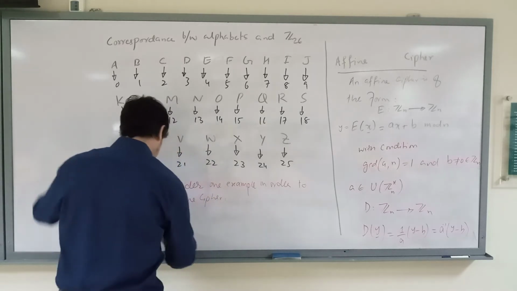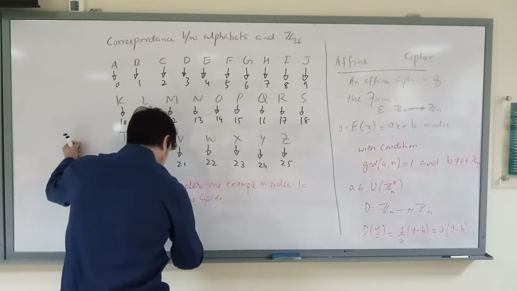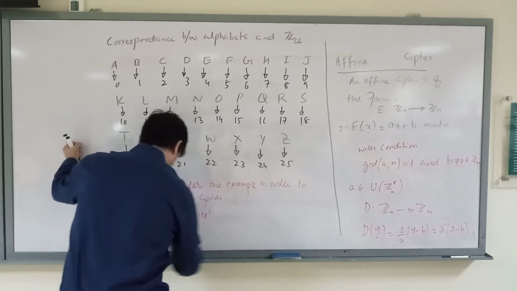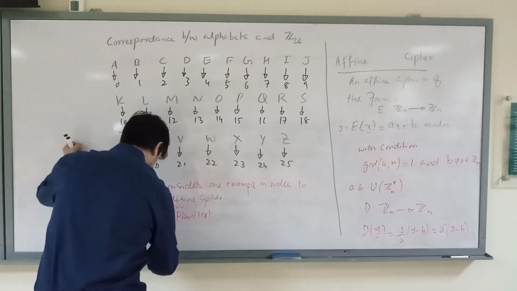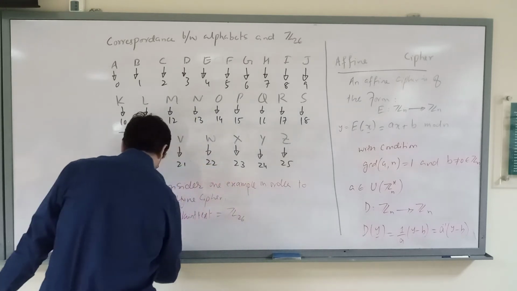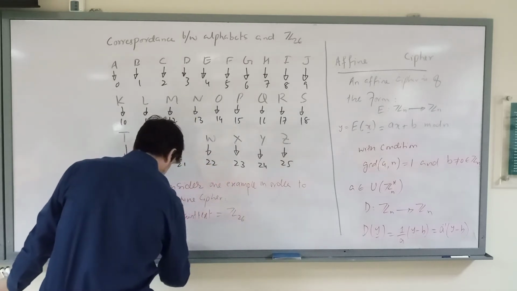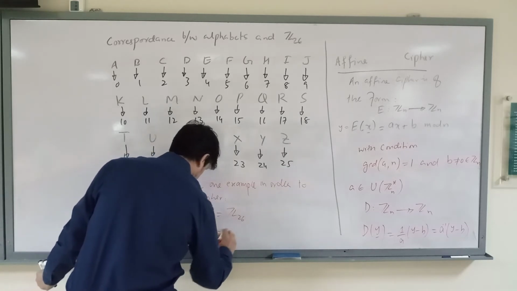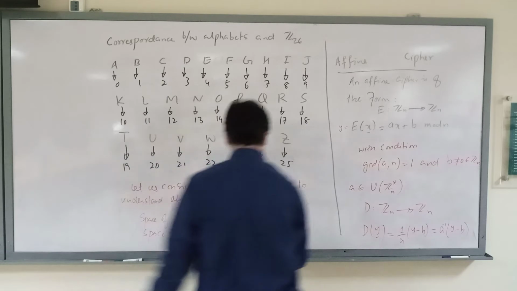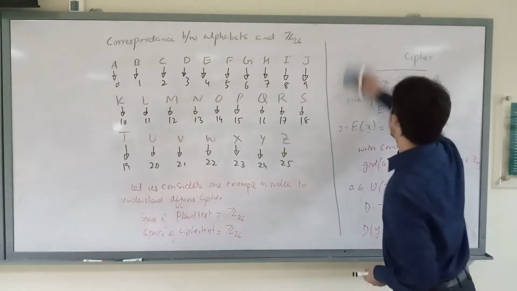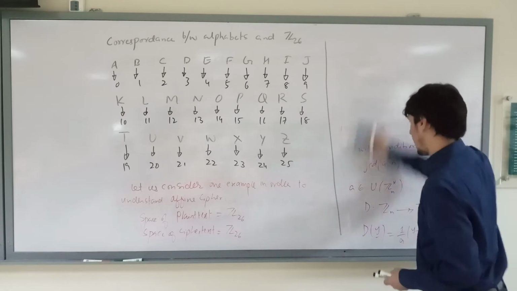My plain text space is Z26 and the space of cipher text is also Z26, and if you can recall, the unit elements of Z26 are